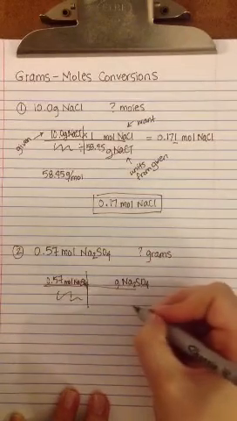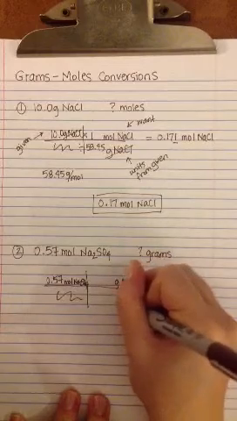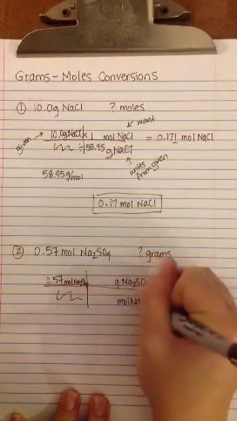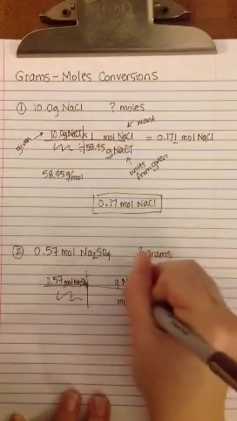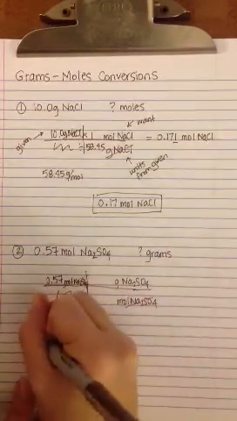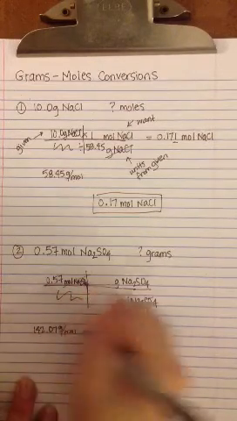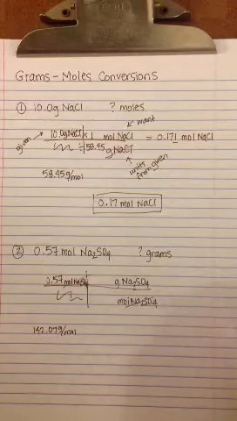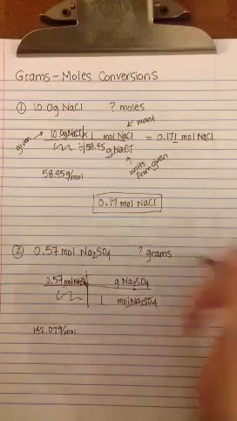And I drop down my units to my bottom right. So my units from the given are moles of Na2SO4. So I'm going to drop those down here, knowing that I can now cancel these out. From my previous problem, I found that the molar mass was 142.07 grams per mole. What that means is in 1 mole, I have 142.07 grams. So in 1 mole, I always put my 1 with the mole, I have